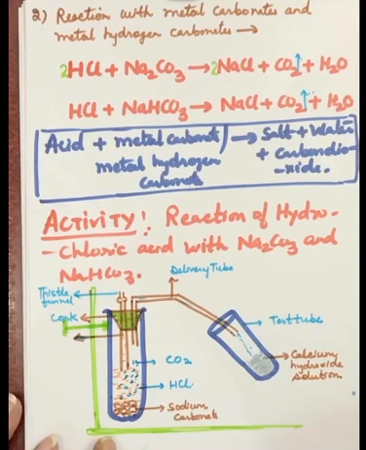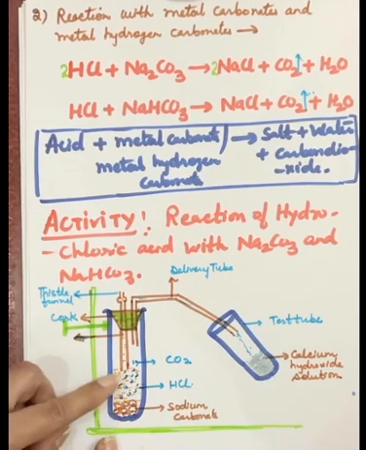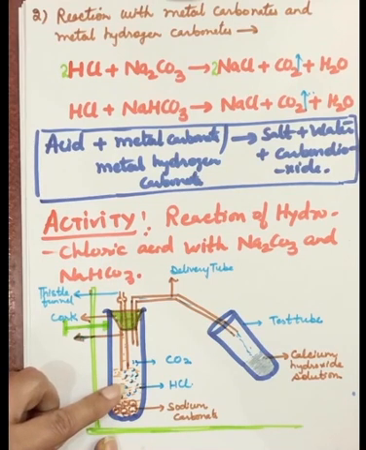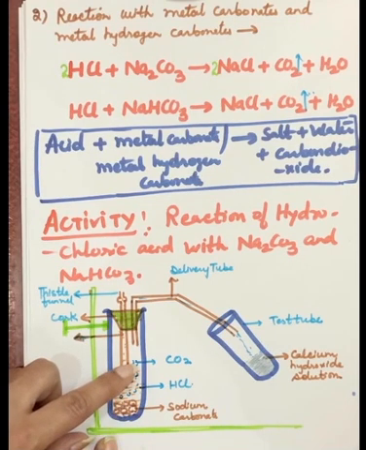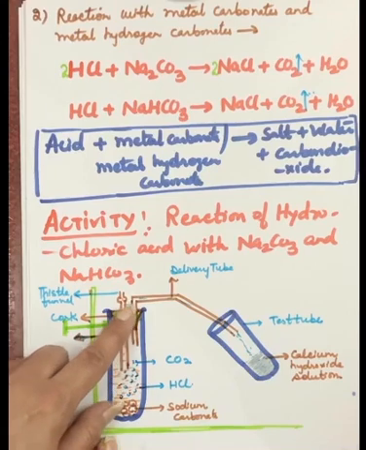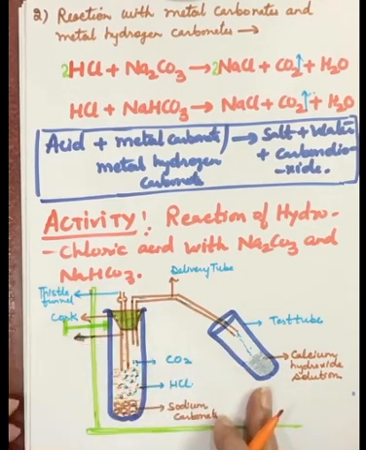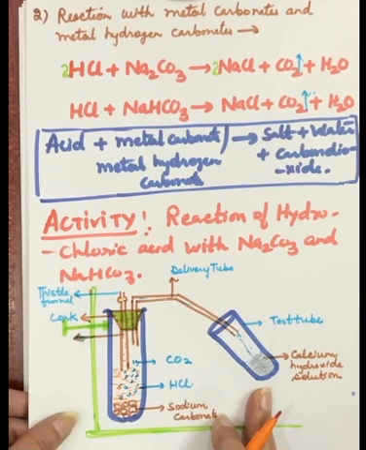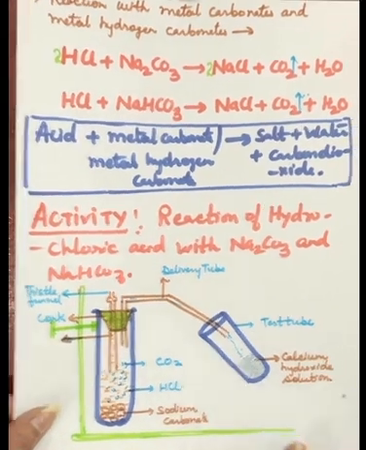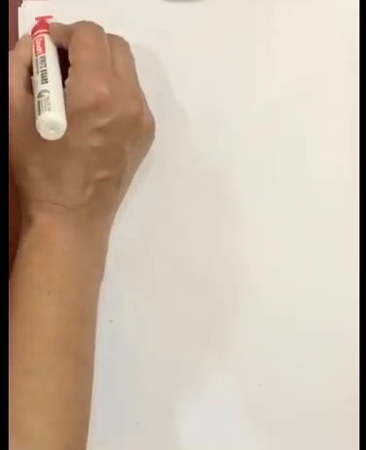The experiment part is clear to you, I hope. We are taking sodium carbonate, and HCl is added. When HCl is added, the two will react and carbon dioxide gas will evolve. When that carbon dioxide comes into this test tube which has lime water, the lime water will start changing to a milky color. This is our observation. Now what will we infer from this? The inference that we'll make from this is,